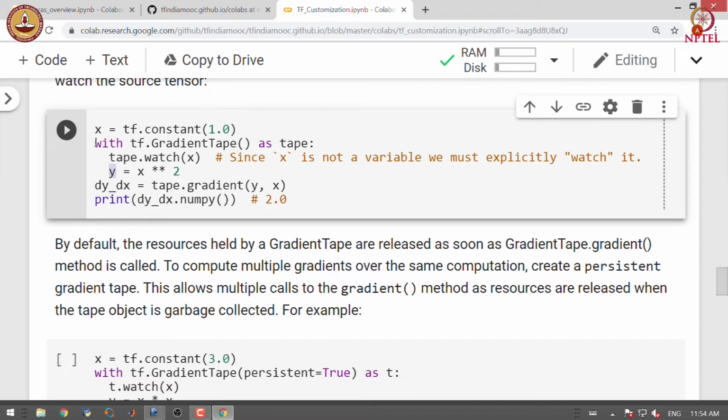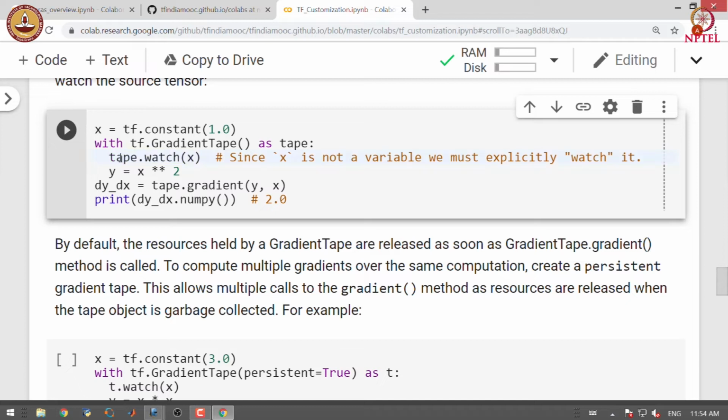Since we are interested in calculating the derivative of y with respect to x, which is a tensor, we add tape.watch and add tensor x to the watch list. By doing this, we are able to calculate the derivative of y with respect to x with the gradient tape,